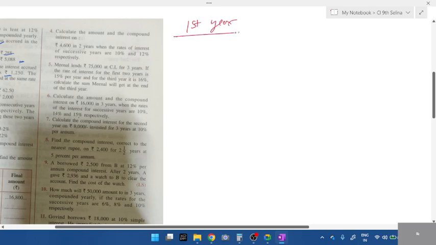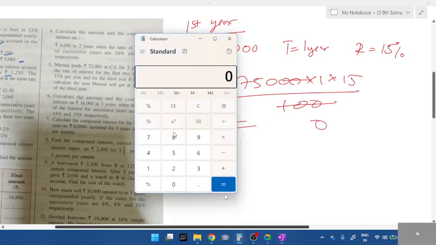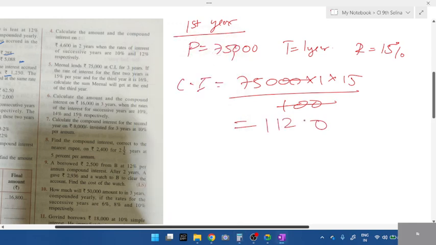First year, principal is equal to 75,000. Time is equal to 1 year. Rate, just take R. R is equal to 15% for first year. So what's the compound interest, students? You calculate 75, two zeros get cancelled, 75 into 15, 1125. So it is 11,250. Then you have to calculate the amount. 75,000 plus